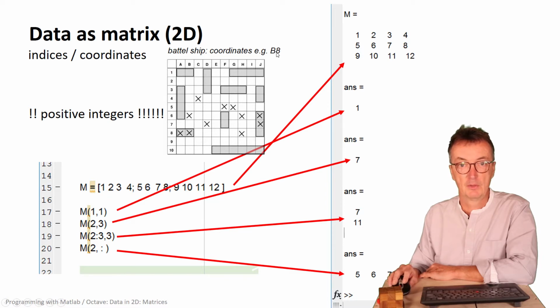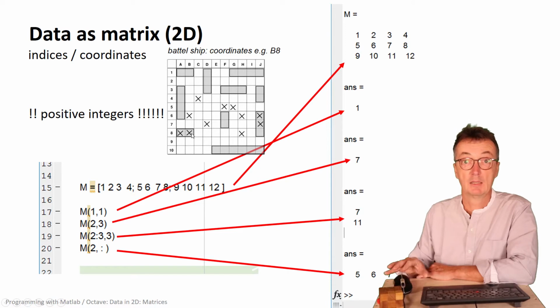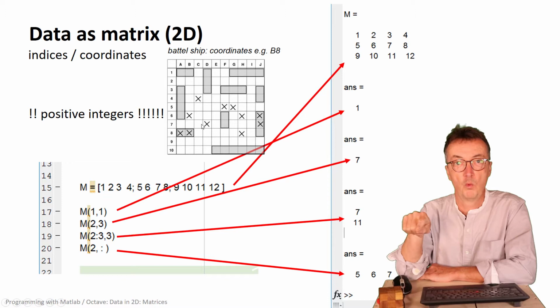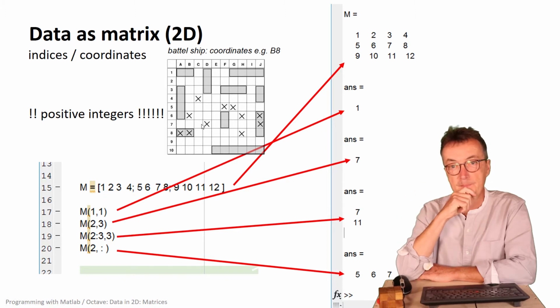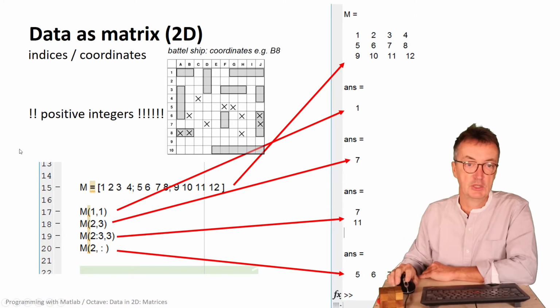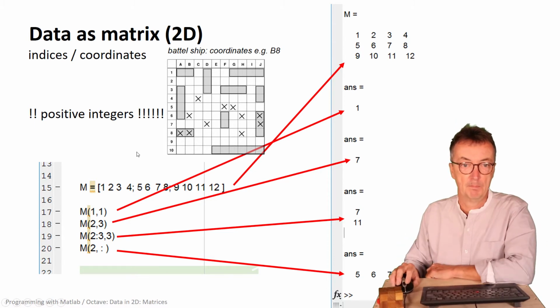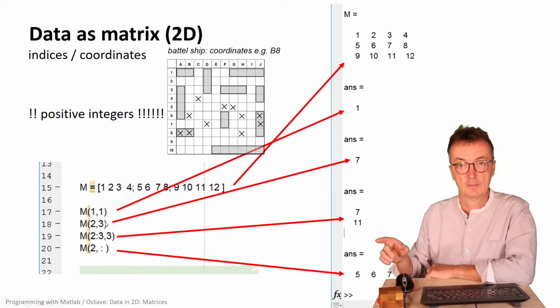For instance, B8 would be this one. Here, it's just a number starting from 1. It's an integer. So the definition gives M(1) is the first element in the matrix M, 2, 3, second, third